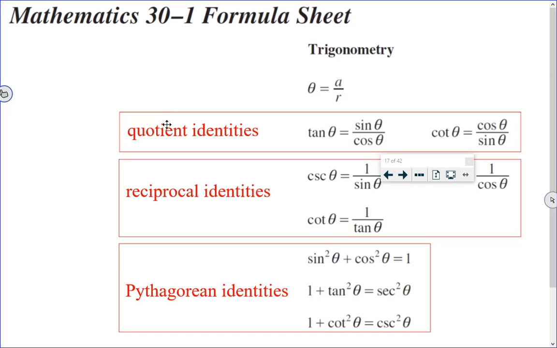And I've added in the names of these. You do need to know these names. These are the quotient identities. These are the reciprocal. And these are the Pythagorean. So before we get started today with working with them,